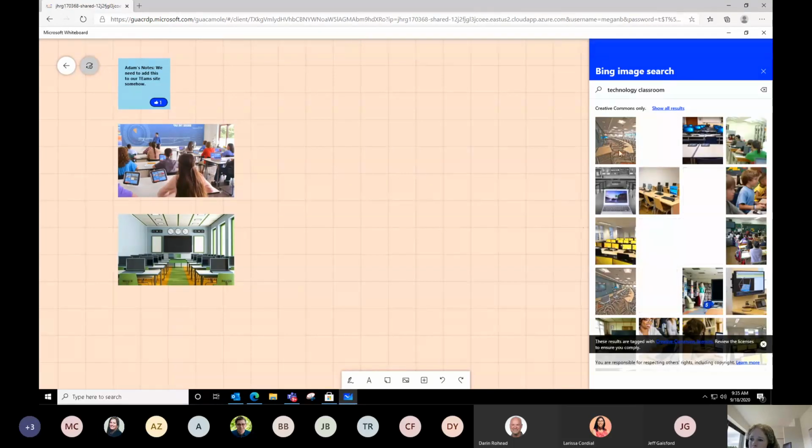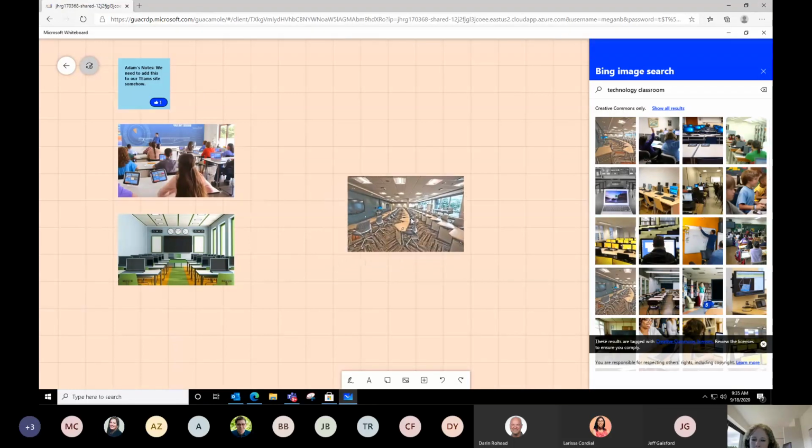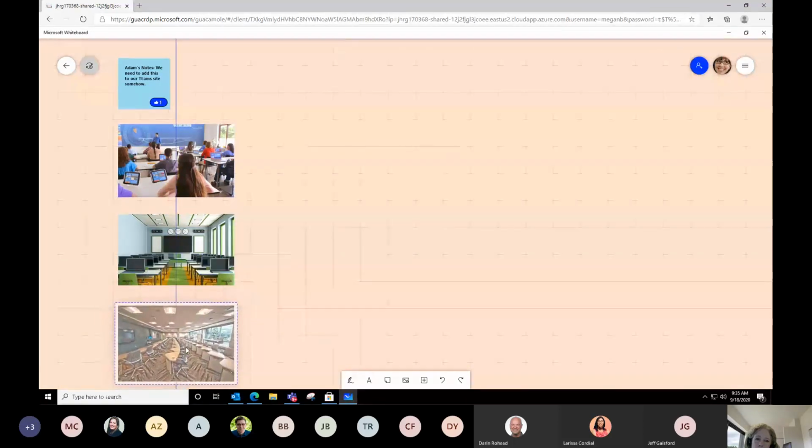So you can see here, and again, remember, Creative Commons is a way to keep yourself in good standing with how things are going with copyright. So all we do is click on the image, and it just posts it right in, just like the other images. We can move it and drop it wherever we want. But as far as having really powerful tools to edit the images, no, this is not Adobe Photoshop. It doesn't do that kind of stuff. But I was able to bring an image in from the internet.